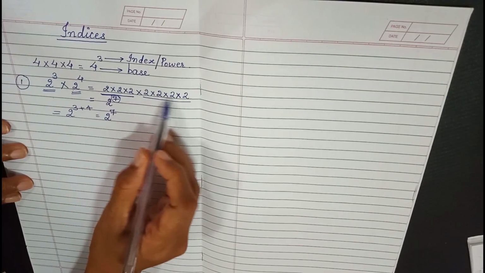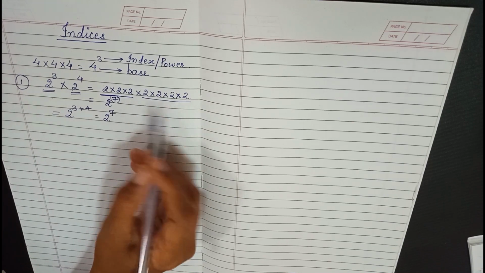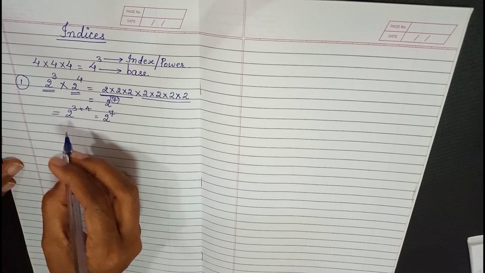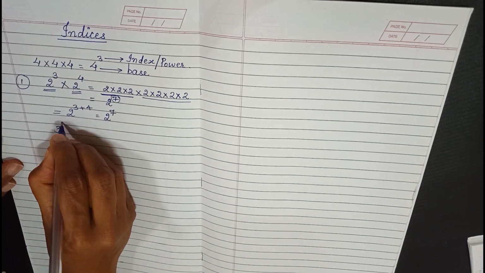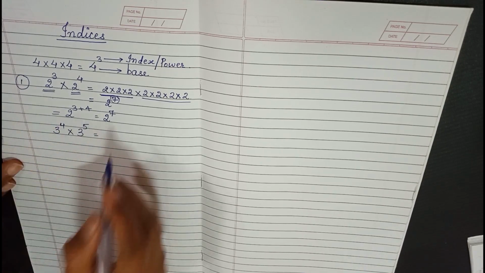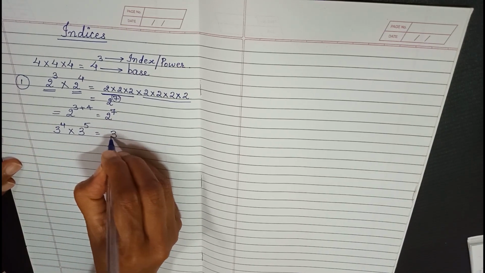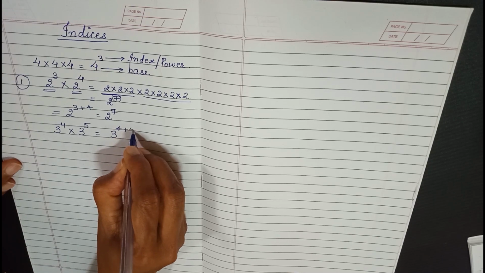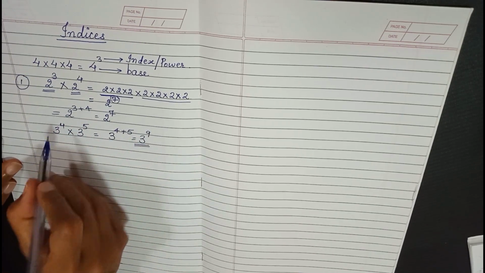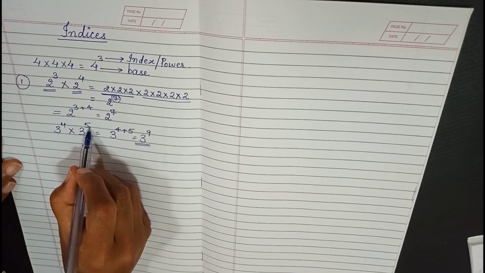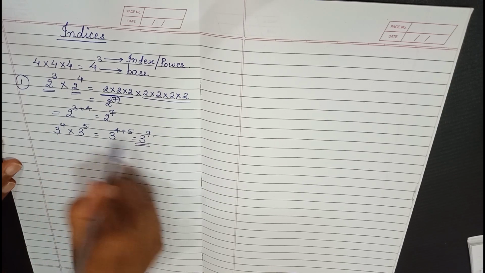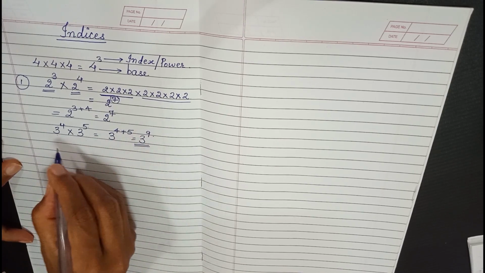So every time you don't have to expand the number and check how many times it is coming. Let's just take another example. Let us say 3 raised to 4 multiplied by 3 raised to 5. So again, using the above rule, we know this will be 3 raised to 4 plus 5, which is nothing but 3 raised to 9. As you can see, 4 times will come from here and 5 times from here. So 5 times and 4 times makes it 9. So this is the first general rule that we can make out for indices.